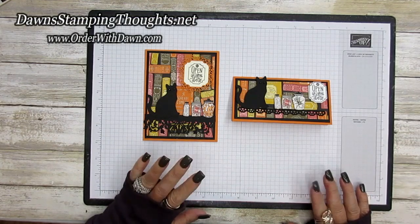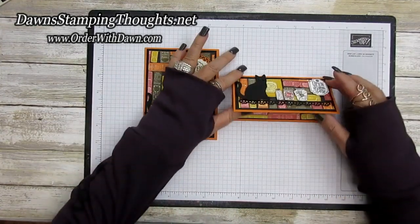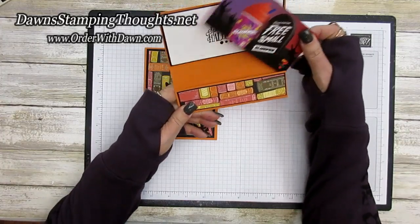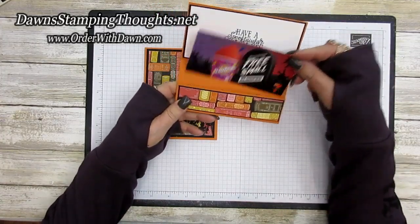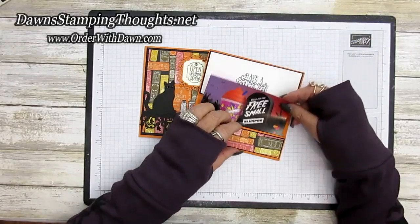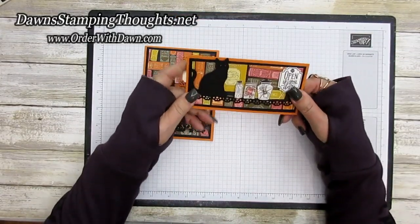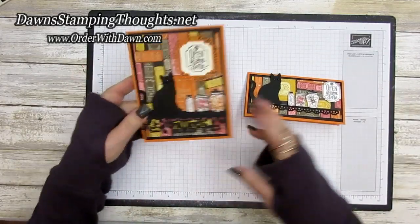Stampers, this is Dawn, and today we're going to make a little holder for a little certificate, and mine just holds a certificate for a free Slurpee, and these are for trick-or-treating, of course, because they got the googly hands on there. But this is a little holder, and I cased this idea for my cover from my glitter queen